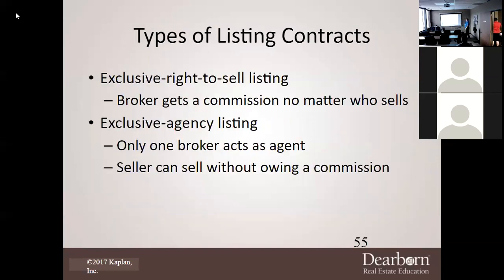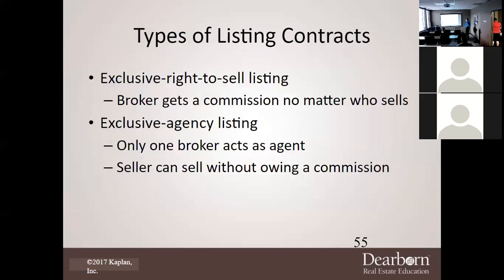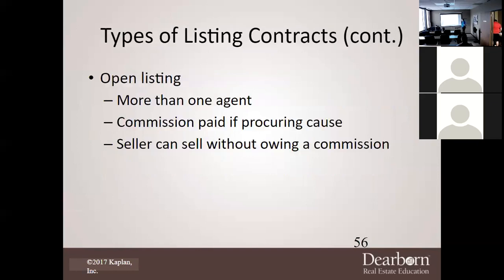Now, the next one in this particular situation is going into talking about an open listing. Okay, so we just talked about exclusive right and agency, but we're talking now about open listings. And this is the one that I highly am against. Now, that's me personally. There are other brokers out there that will do this. But an open listing is that there's more than one agent, Mr. Eugene. Okay? So what happens is Travis works for me, Aiden works for Keller Williams, Stephen works for Century 21, and I work for Remax. Okay? So we all just work for different places.